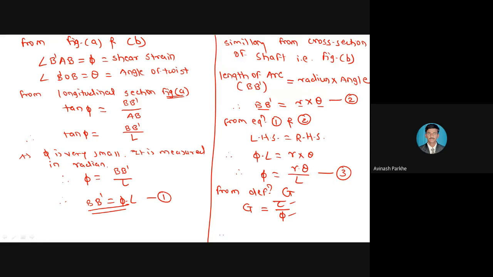Now, from this formula, if I rearrange the terms, that is, if I write the equation in the form of phi, phi is equal to tau upon G. Equation number 4. So what I have done is written the formula of modulus of rigidity as shear stress upon shear strain, that is, capital G is equal to tau upon phi. So phi I have taken to the left side, and G I have taken to the right side, and I got the formula in the form of phi is equal to tau upon G. So we have the equation. Let us see.